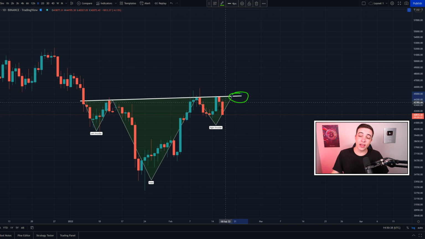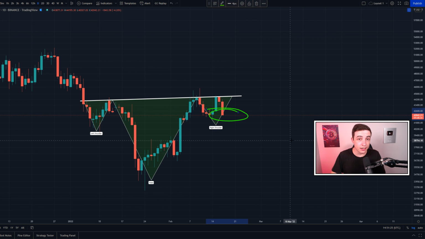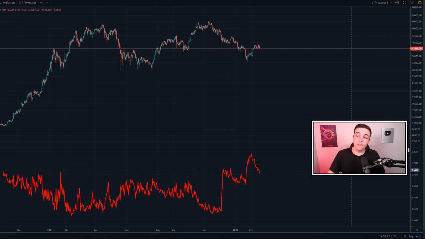Otherwise, if we hang around at these lower $40,000 prices for anything longer than a few days up to maybe a week, then it would be safe to say that this Bitcoin inverse head and shoulders pattern would be invalidated. But what is very interesting is even while we're seeing this short-term pullback, we are still seeing the percentage of Bitcoin short positions on the Bybit exchange decrease.